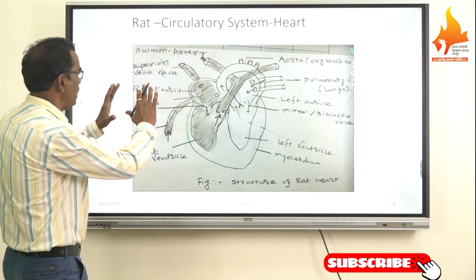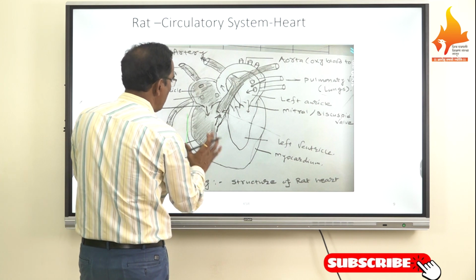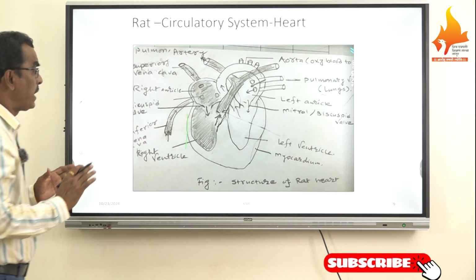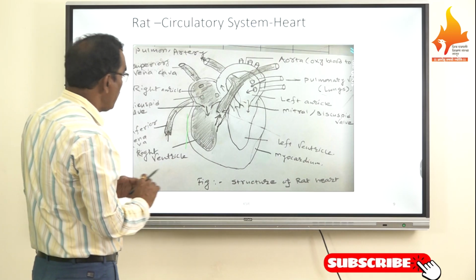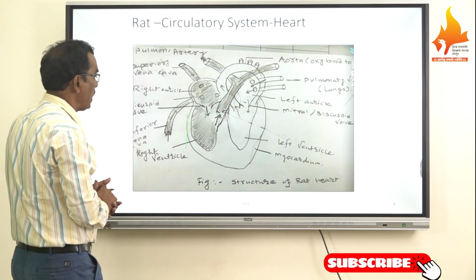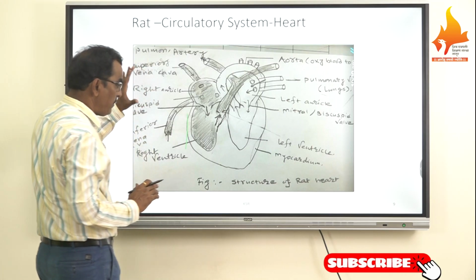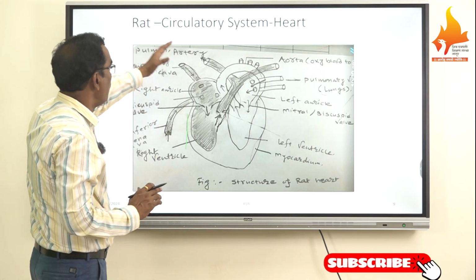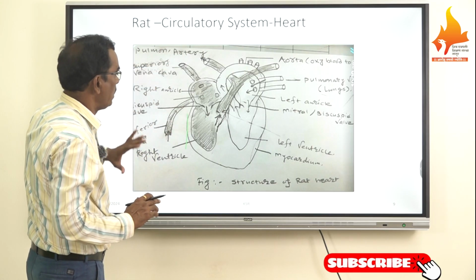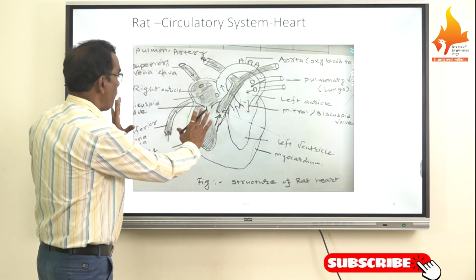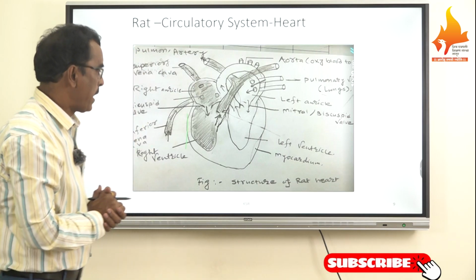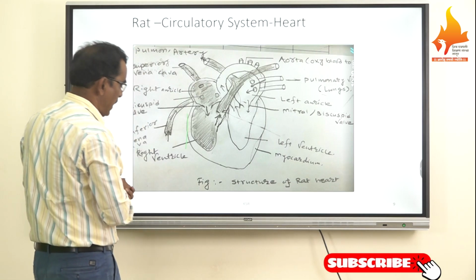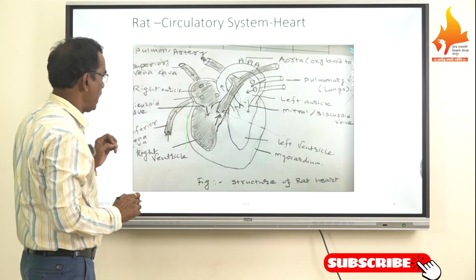And here, this internal structure, if you observe perfectly, then we can write the long answer questions. Even internal structure understanding is important, and this I will revise once again: how the internal structure of the heart, or the rat heart, works. Here, by this diagram, you can not only explain the anatomy of the heart of rat, but at the same time you can explain the